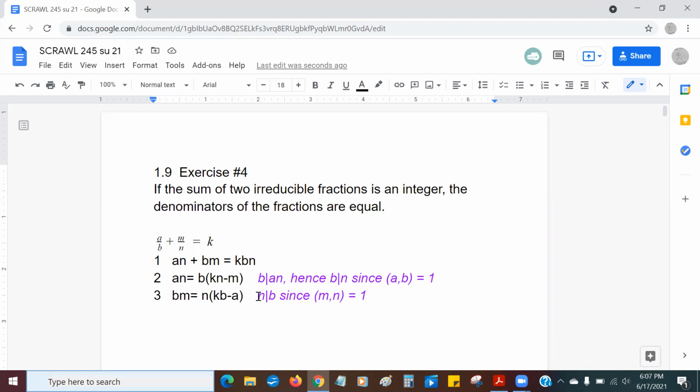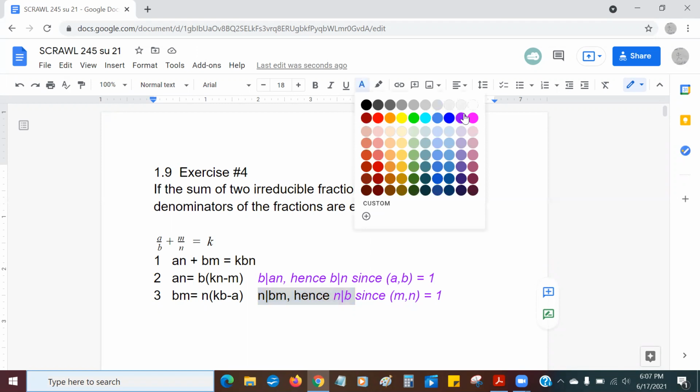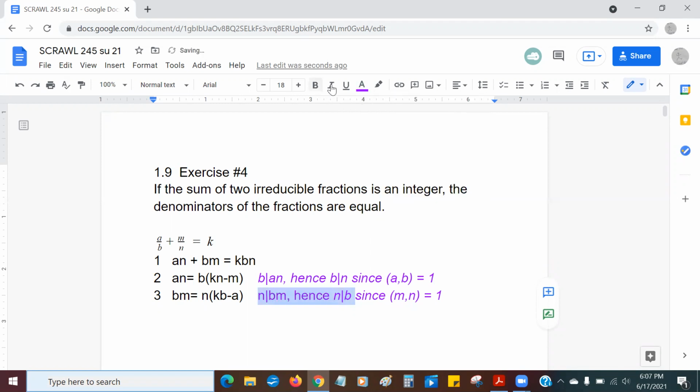And here I have the same thing. n divides bm, hence n has to divide b. Well, look at this: b divides n and n divides b. The only way that's possible,